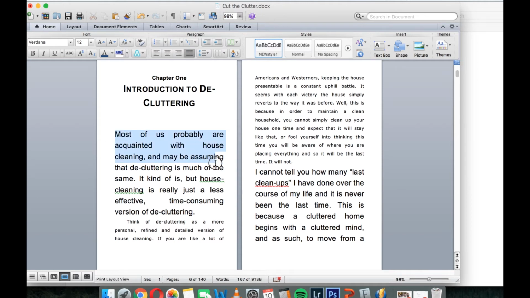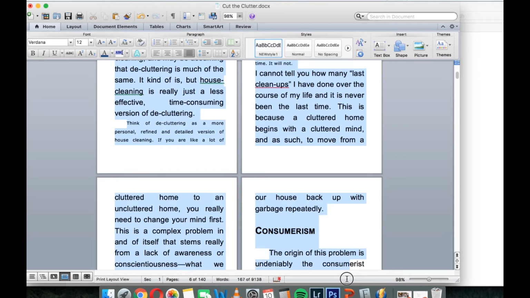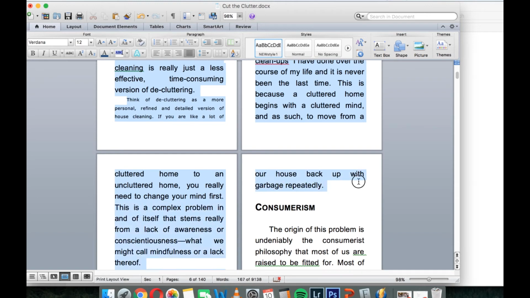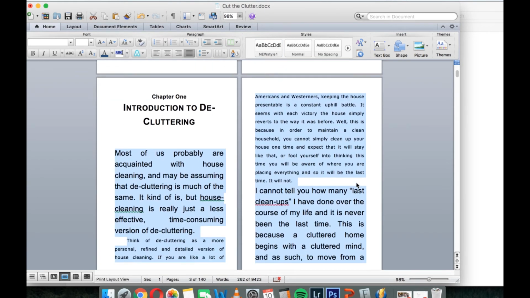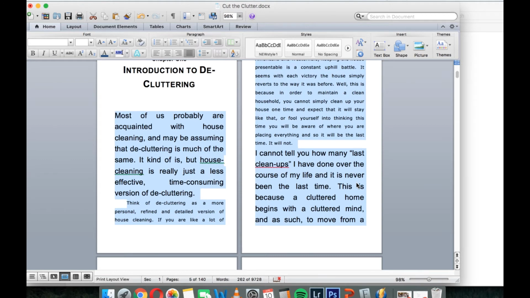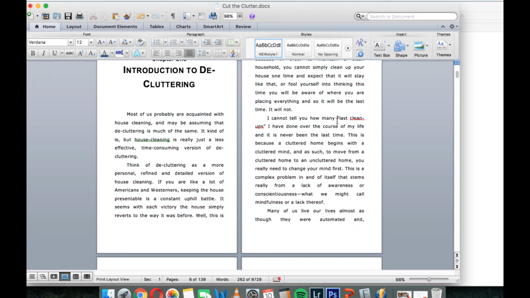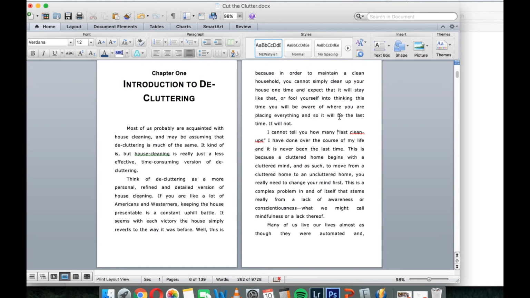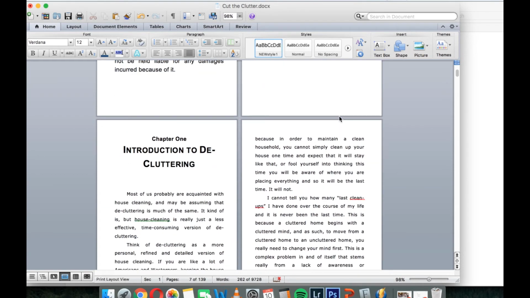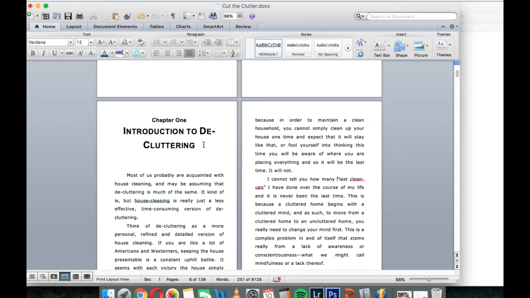Then all you would do, and this is the great part about the styles, is just select the area, for example, now we created a style for the body text. All you would do is select all body text, highlight it, and then click on the style, and that's it. Easy as that. Same for the titles. You would create